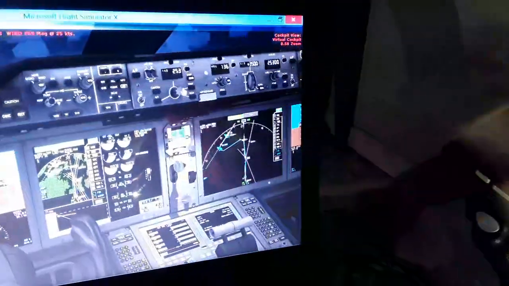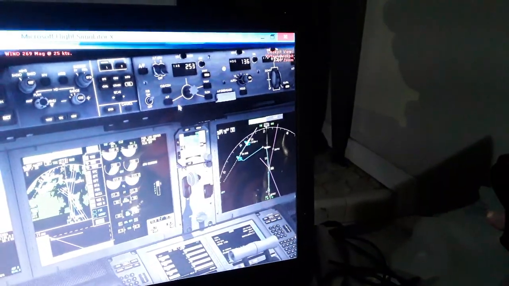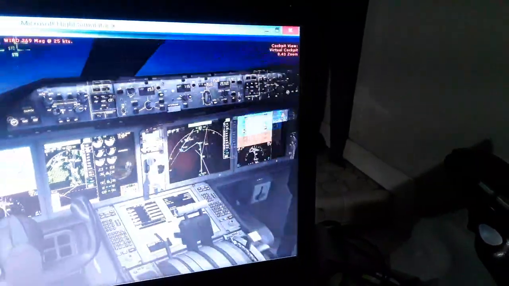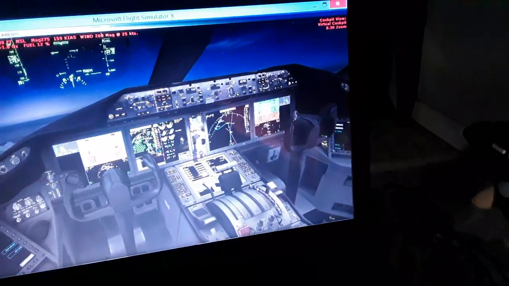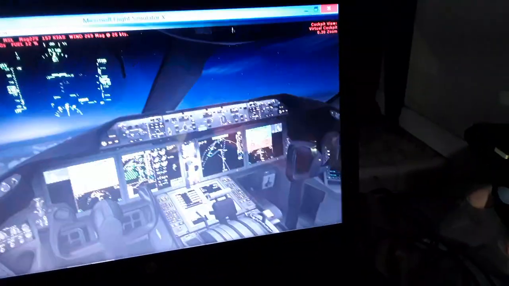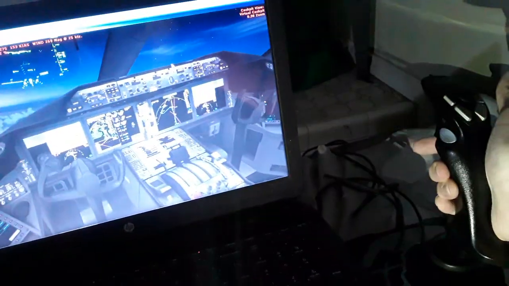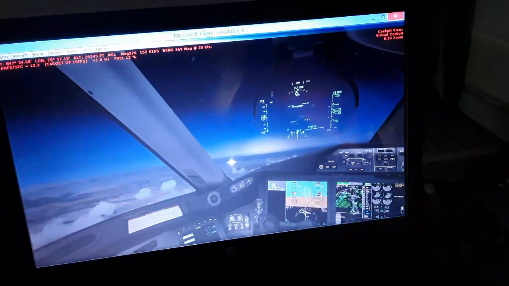So retract the flaps, pretty nice. In a couple of minutes maybe. So we're leveling off, as you can see, and we send flights off. We can fly if we need. We are almost